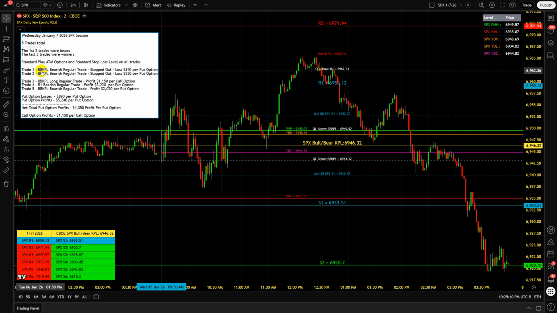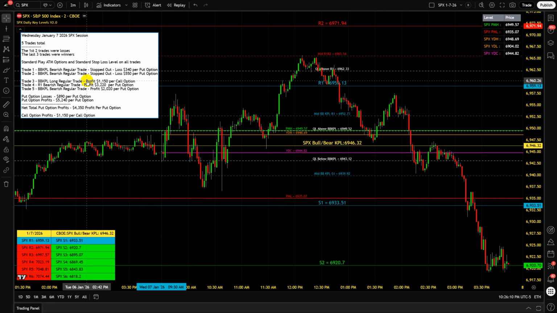Okay, so trade number 1, we had a BBKPL bearish regular trade. We were stopped out on the standard stop loss, and we had a loss of $340 per option. Trade number 2 was also a loss, another BBKPL bearish regular trade. Stopped out on the standard stop loss, and that loss was $550 per put option. Trade number 3 was a BBKPL long regular trade. On that, we had a profit of